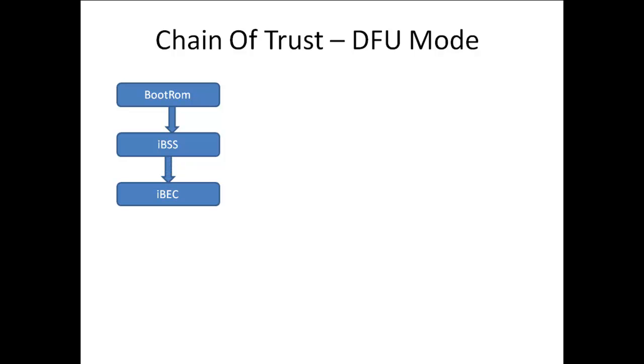Whereas in DFU mode, boot ROM signature checks the second level bootloaders, and bootloader signature checks the kernel, and kernel signature checks the RAM disk. RAM disk is part of OS which gets loaded into RAM during an iOS update. Later, this RAM disk loads all other OS components. In forensics, we will create a custom RAM disk with all our forensic toolkit and load it on iPhone volatile memory. As signature checks implemented at various stages in the boot sequence do not allow us to load our custom RAM disk, we have to bypass all the signature checks.